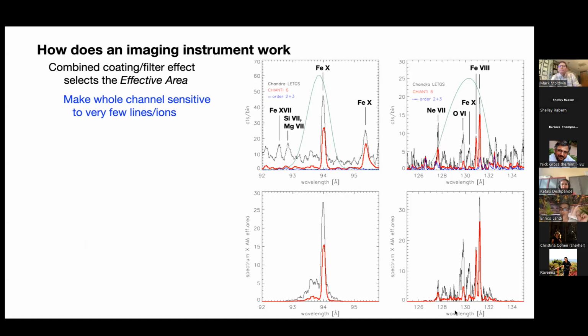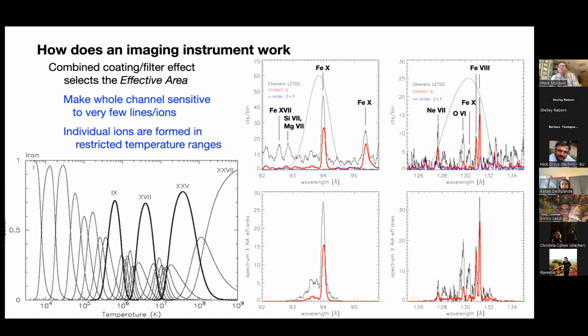Now, why do we care about selecting a particular ion over others? Well, look at this. This is, as a function of temperature on the X axis, the fraction of all the available atoms of iron which are ionized in a certain way. One means neutral. This is once ionized, twice ionized, another one 8 times ionized, 16, 24, and bare nuclei. And each of these has a peak at a temperature where the ion is the most abundant of them all. So if I see a line, say, of iron 10, for example, which is this one down here,